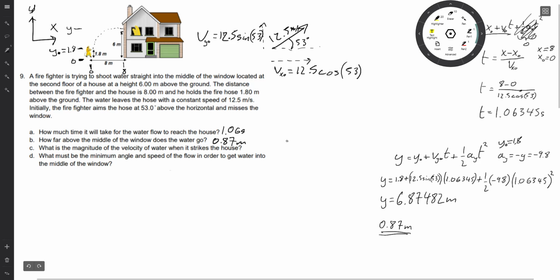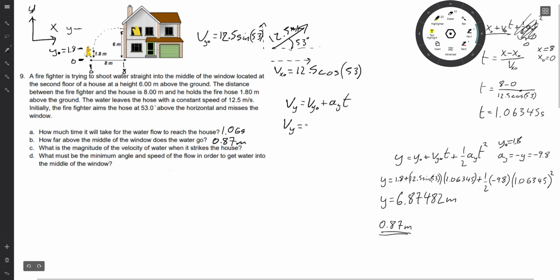And to do that, all we're going to be using is Vy equals Vy0 plus Ay times time. So our velocity equals our initial velocity plus our acceleration times our time. So to find out what our velocity is, we'll basically plug these values back in using this stuff over here. The velocity in the y direction when it hits the house is going to be equal to